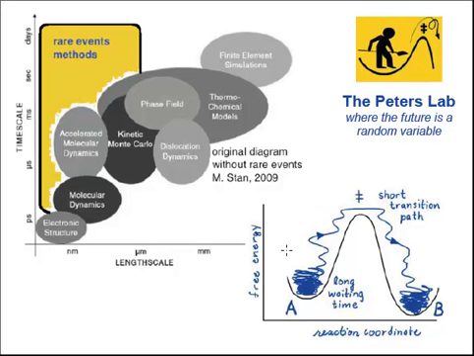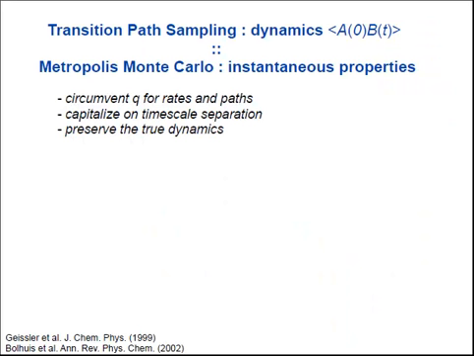And there were many of those actually throughout the 80s and 90s. There were quite a few of these methods that were developed. But they always required that you chose a reaction coordinate based on your chemical intuition and drove the system along that reaction coordinate by some bias sampling protocol. What was really special about transition path sampling is that it did not require that you choose that reaction coordinate. So it still allowed you to compute rates and transition paths while capitalizing on this time scale separation. But it was able to do so using the true dynamics of those reactive trajectories.